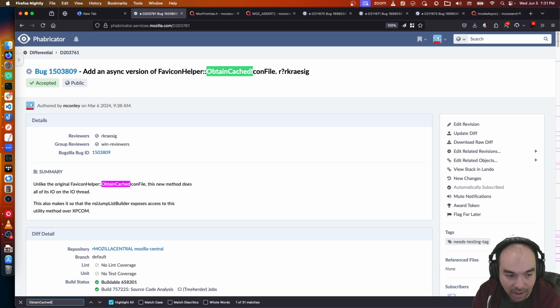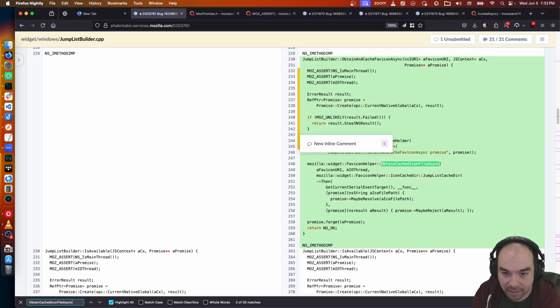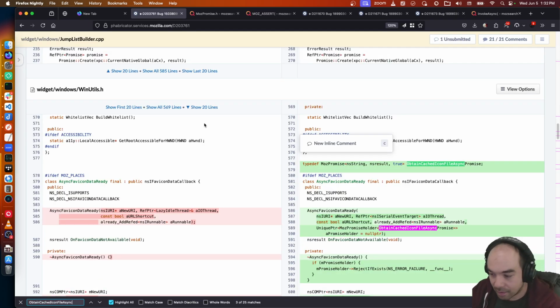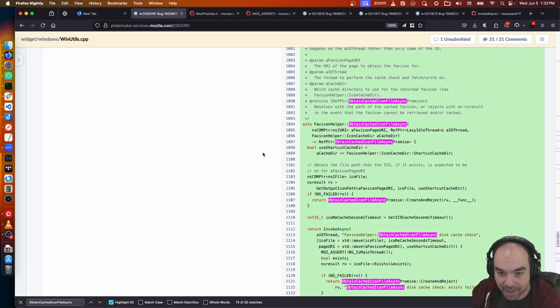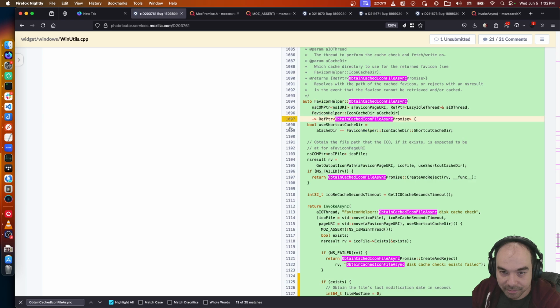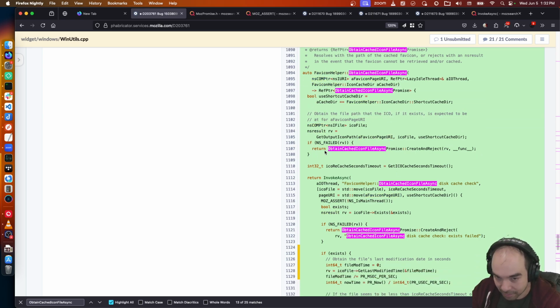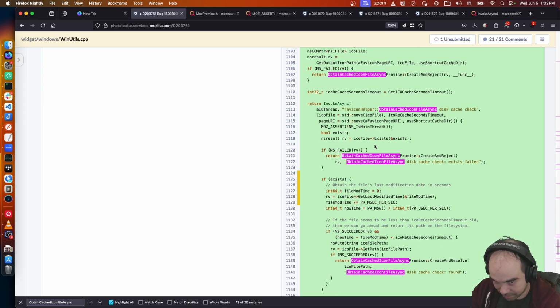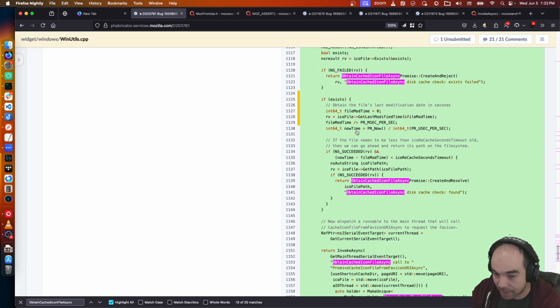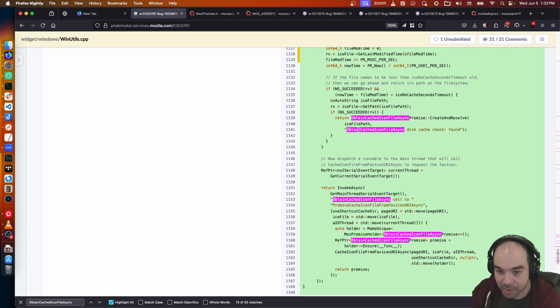Cached icon file async. Let me see if I can show you what I'm talking about. So in this method, this runs in the outer scope, on the main thread. Invoke async, lambda, not main thread. Now we're inside a worker thread or IO thread. Great. Now we need to do work back on the main thread. So we were nesting another lambda that dispatches this lambda to the main thread.